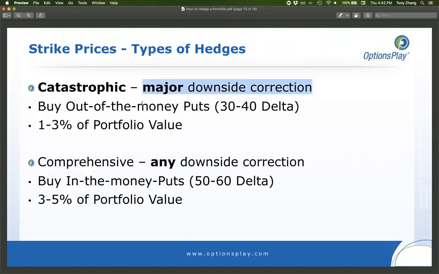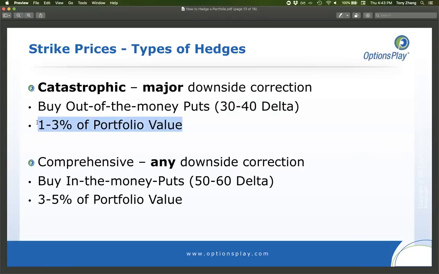Think about 2008, think about the dot-com sell-off. These are the types of major corrections that you're trying to protect yourself against with catastrophic insurance. This is when you're buying out of the money puts. So puts that are lower than the current price, about a 30 to 40 delta is usually a good starting point. And for a few month hedge, a three-month hedge, this will usually cost you between 1 to 3% of